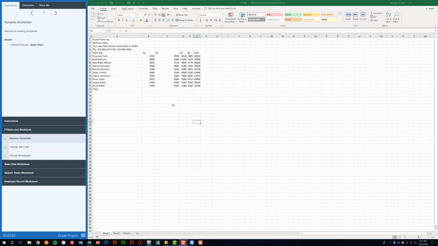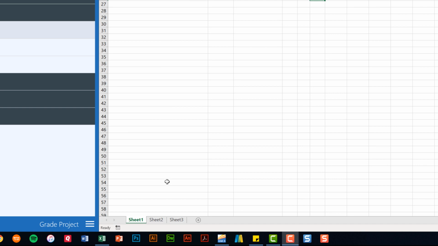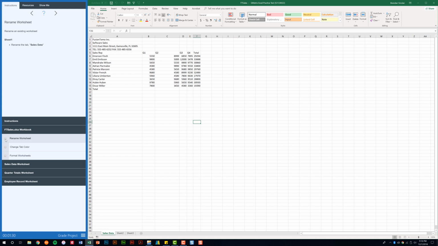Working on Excel, Project Review 1. We are in the beginning part of the project called FTSales. The first task wants us to go ahead and rename this tab and call it Sales Data. There are a few ways to do this, but I normally just double click on the sheet here, and we can go ahead and type that, capital S, capital D. Make sure you hit Enter when you're done to set that text,